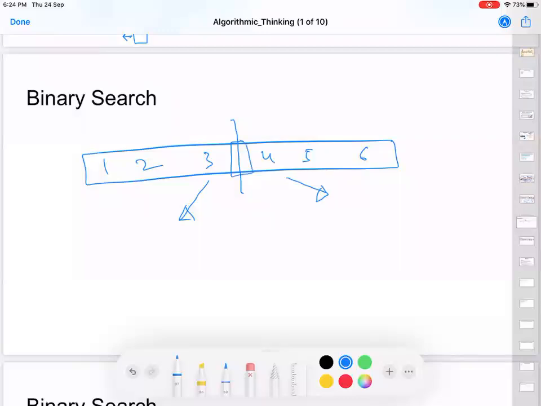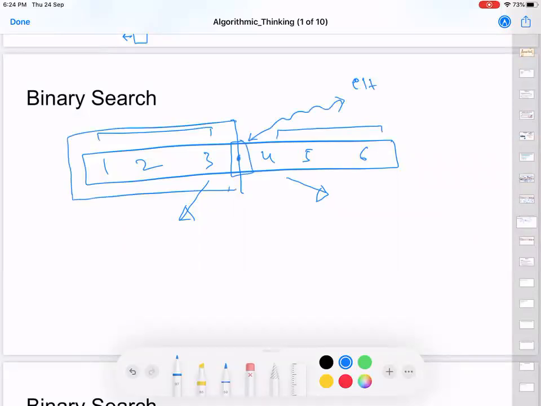As you know, here I'll be having some element sitting in the middle. So whatever element I have to search for here, I'm going to compare it with this middle element over here. And if I know this element is less than this, it is going to be here. If it is greater than the middle element, it's going to be here. So now, instead of giving this work to 2 people, I just give it to 1 person. I compare this element and see whether it's in the left half or the right half. If it is in the left half, I give it to 1 person and ask him, okay, you figure out where is this element which I'm searching.